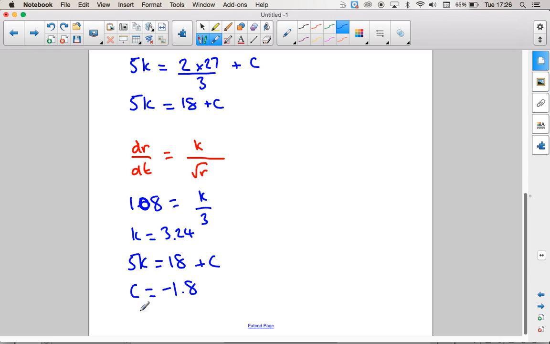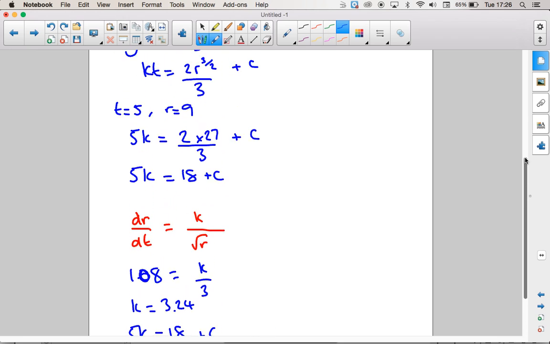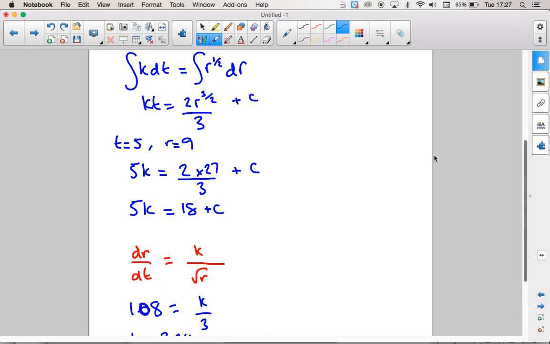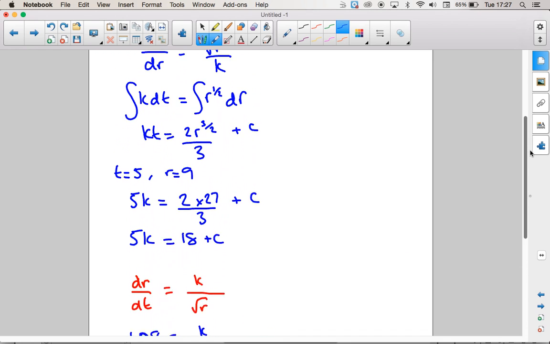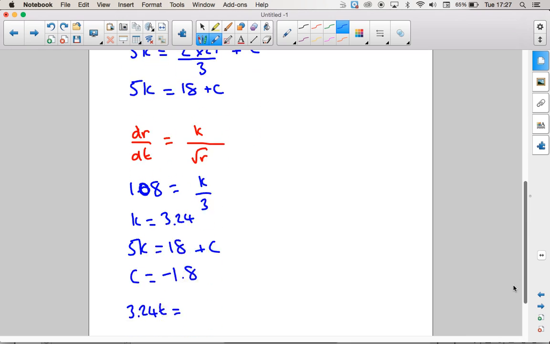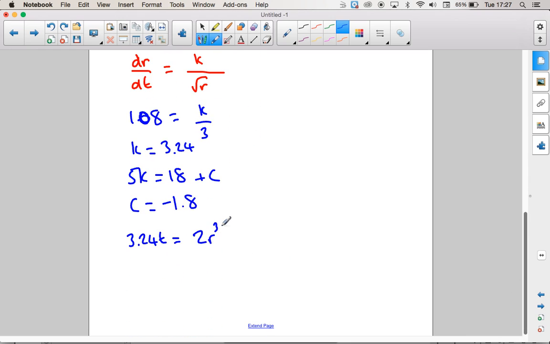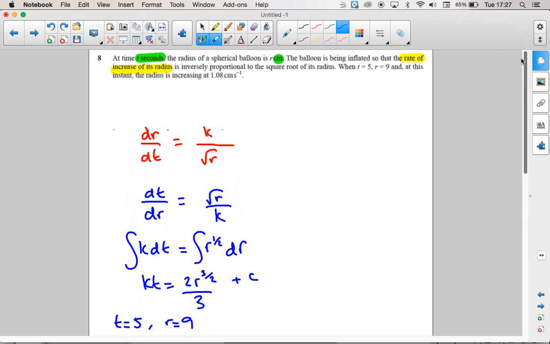So my full equation is now kt, so that's going to be 3.24t equals 2r to the 3 over 2 over 3 minus 1.8. But if you remember what I said right at the beginning, it says we want this